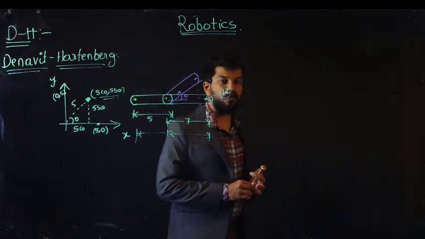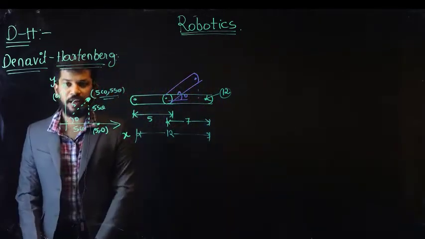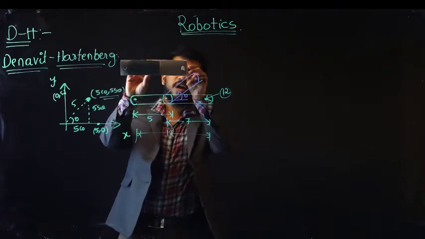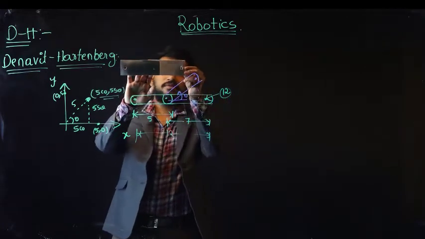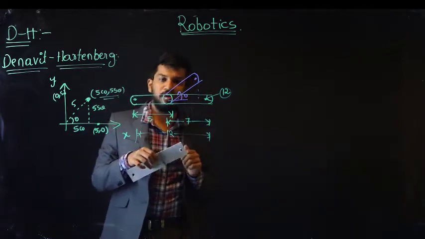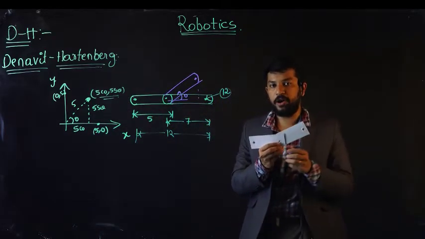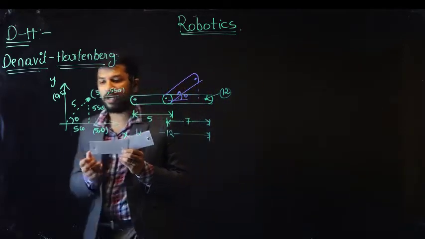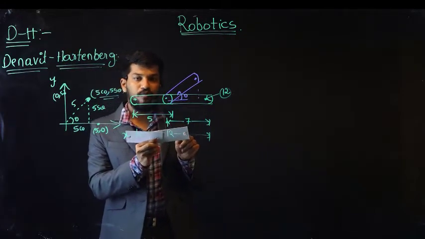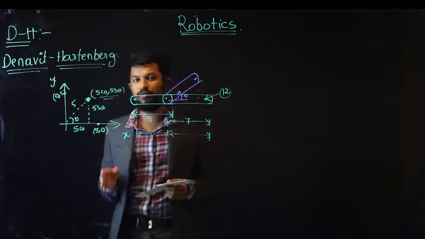But if you observe here, all the links were placed coplanar, meaning all the links were placed on a complete plane, just as I am showing you here on the board. But suppose the links had a certain inclination which comes out of the board, or goes into the board. Then surely it will be very difficult to identify the exact end point. So how are we able to identify that end effector position? Here again I am mentioning the end effector: it is nothing but the end point of our link, where you attach either a gripper or any kind of tool.